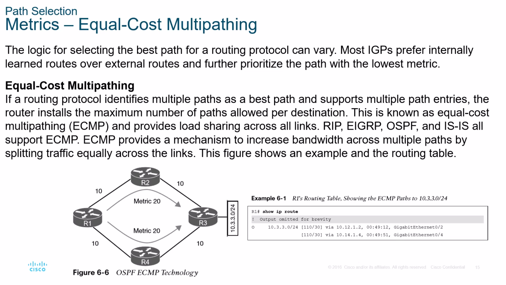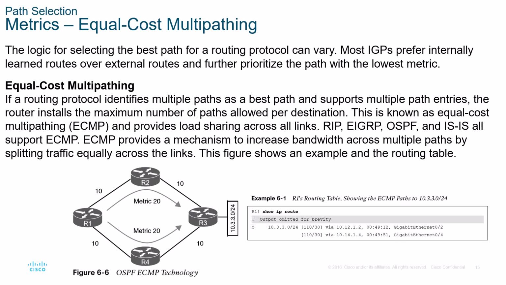The logic for selecting the best path for a routing protocol, again, varies depending on the routing protocol. Each routing protocol, or IGP, will prefer an internally learned route over an externally learned route, and further prioritizes the path with the lowest metric. We already established that. If a routing protocol identifies multiple paths as the best path and supports multiple path entries, well, which route does the router install? It will install the maximum number of paths allowed per destination. This is known as equal cost multipathing,